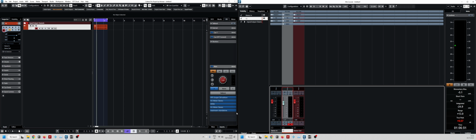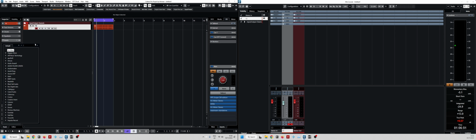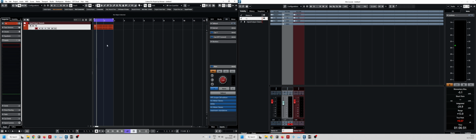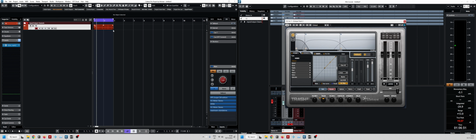The question of distortion came up, and someone said, I don't remember who it was, that they don't use Trash because Trash is always extremely loud and it's quite obvious that it's Trash. And I was like, well, that's not true. I guess it's the way certain producers use Trash. I'm not saying everyone uses Trash like this, but I reckon when people load up Trash, they go for